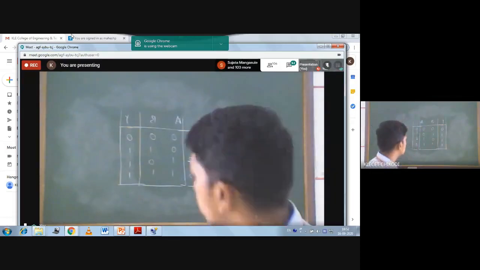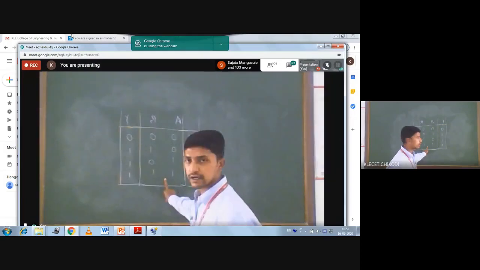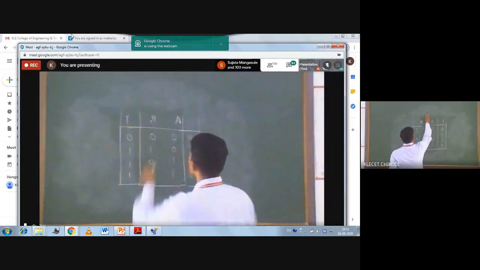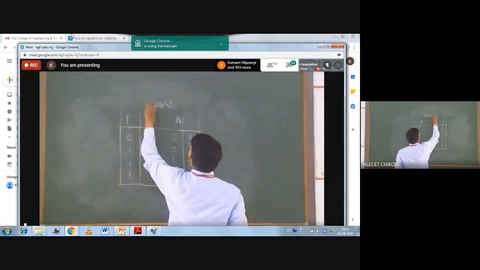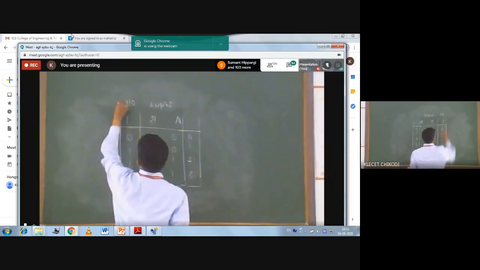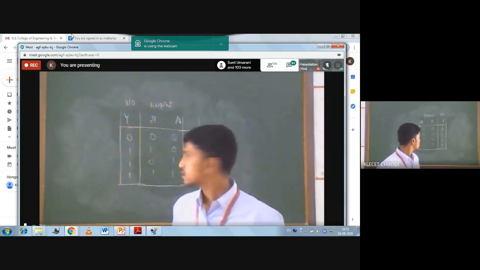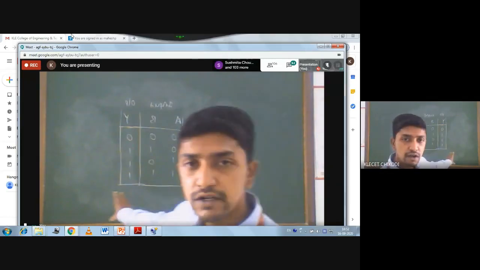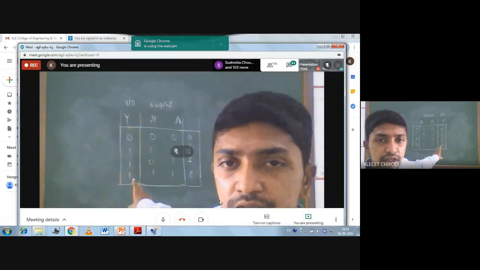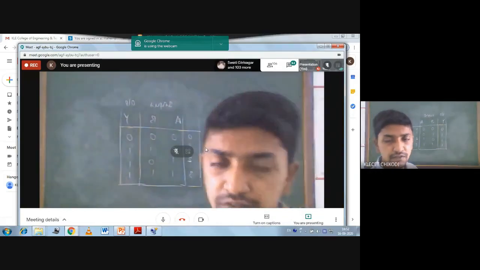All of you go through this problem statement. I have given the input variables. These are the input variables. So this is the output variable, Y. Fine. For the given problem statement, draw the K-map and tell me what is the minimized Boolean expression for that.